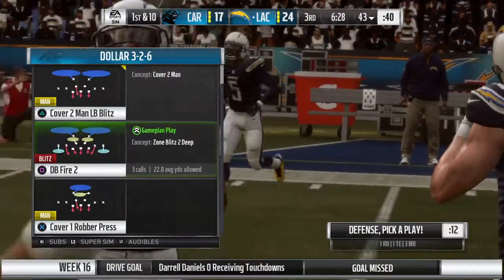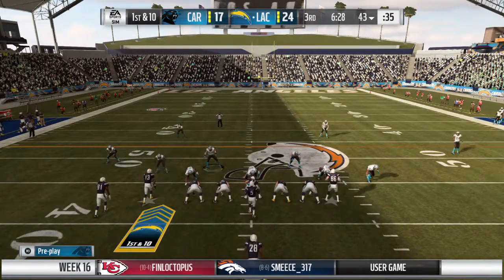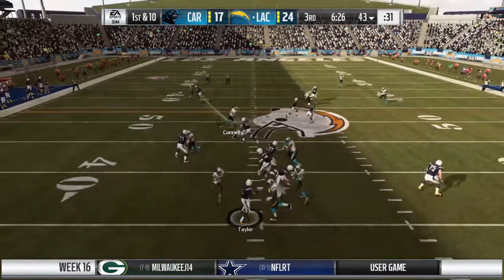So out come the Chargers. This crew had to punt last time they had the ball, but when you've got a lead like this, you content to play the field position game? You are to an extent, especially if you like your defense, because you have the lead, you've been controlling the game. But why put them in a...